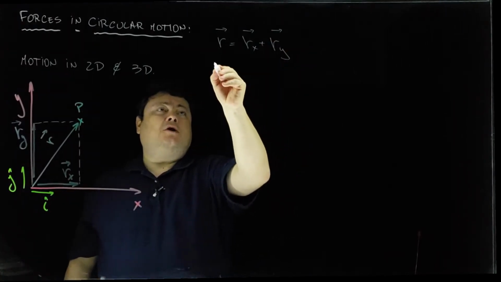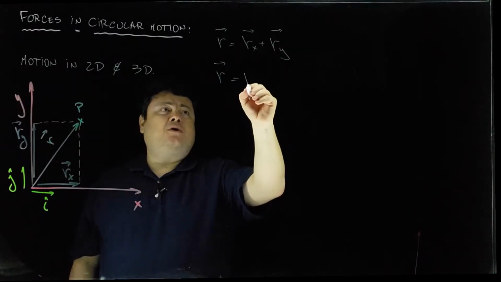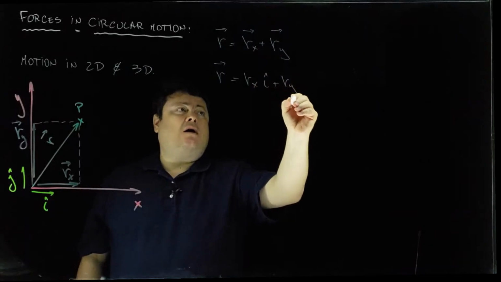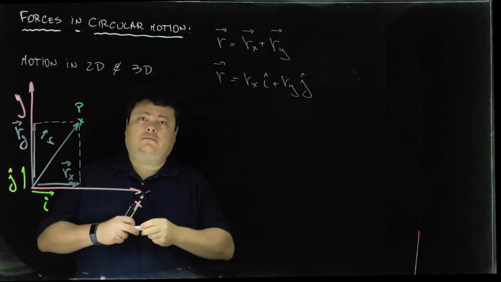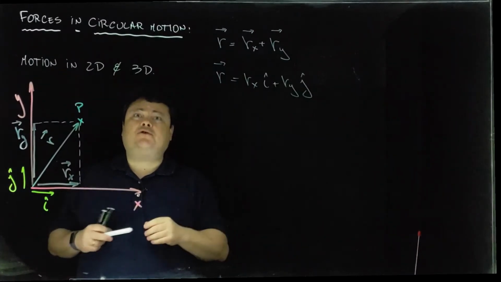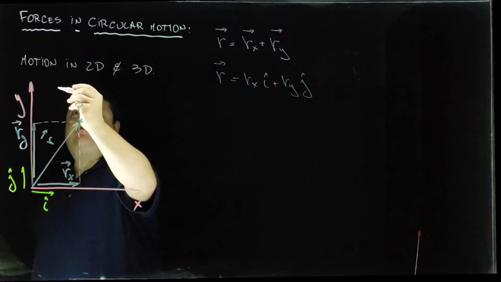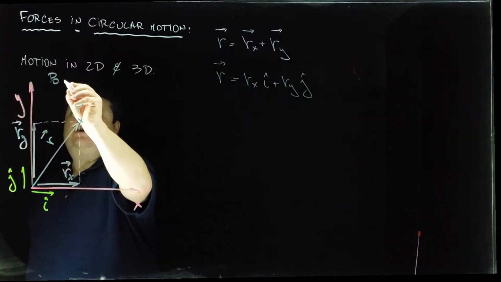Or, in unit vector notation, which is the more appropriate way, R is going to be Rx i hat plus Ry j hat. Okay? So this is establishing the concept of position. I should have written this here first, my bad. But it's establishing a concept of